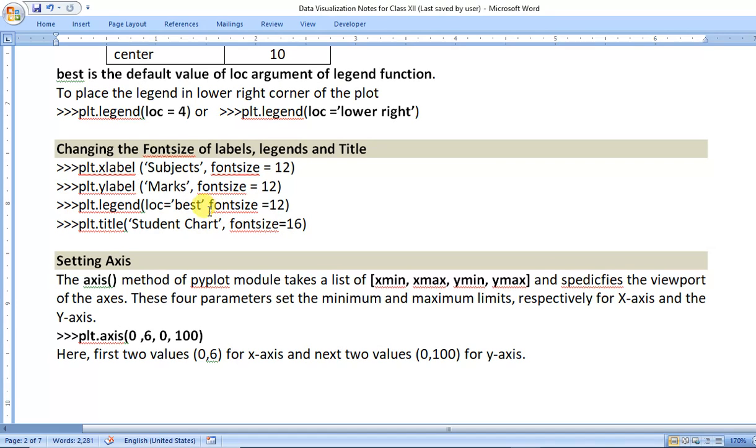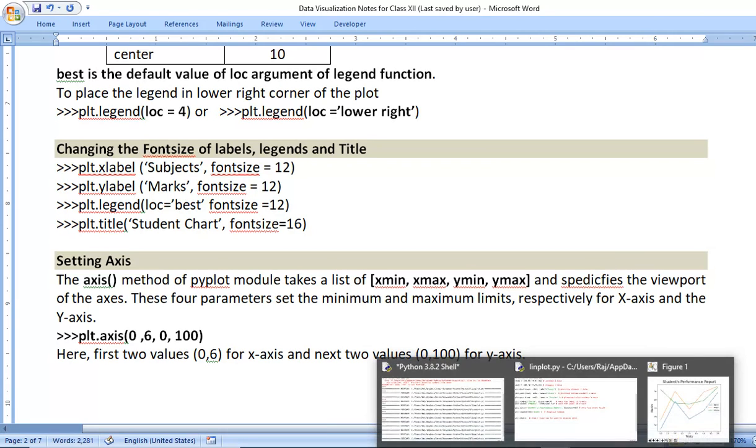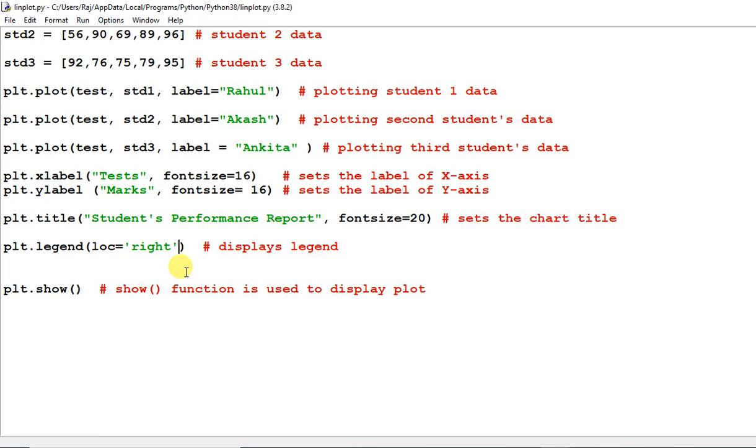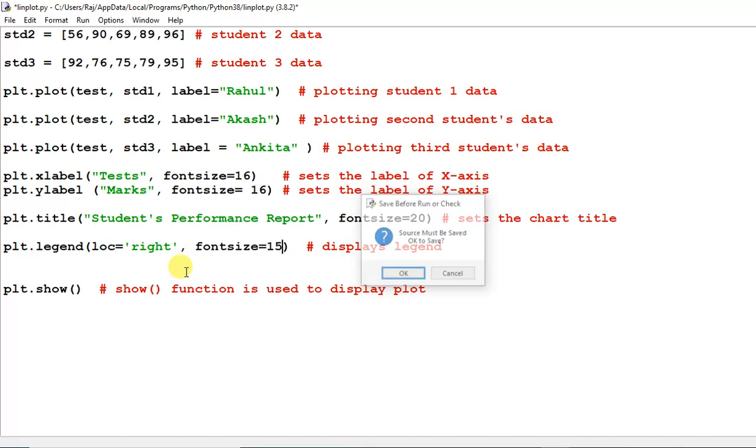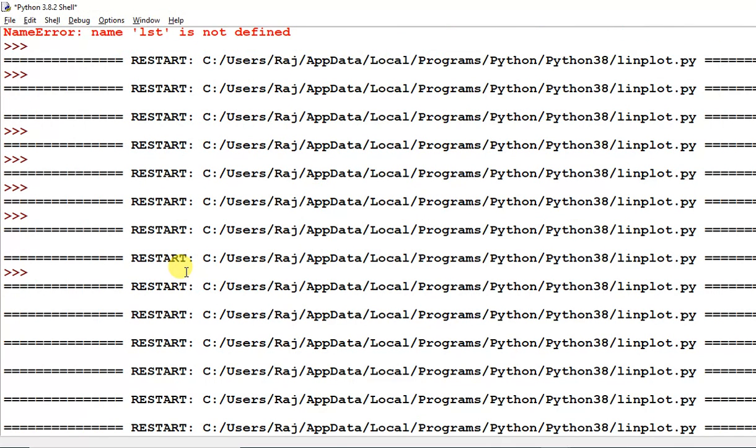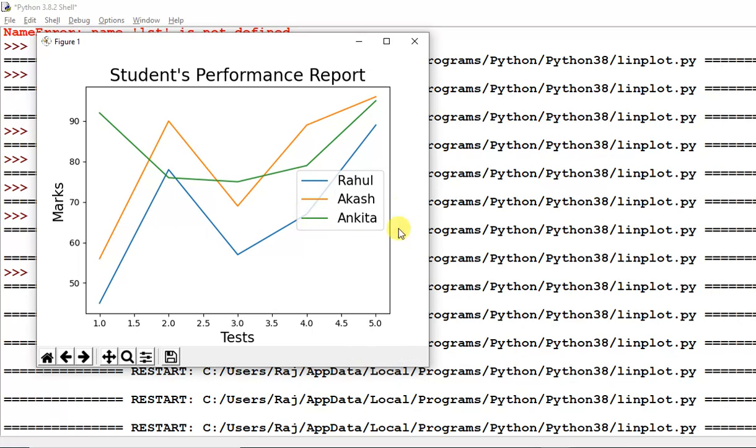So in legend, we can also increase the legend font size. So fontsize equals to 12. Suppose I am passing 15 here, and then I can check. Look here, the legend text size has been increased.